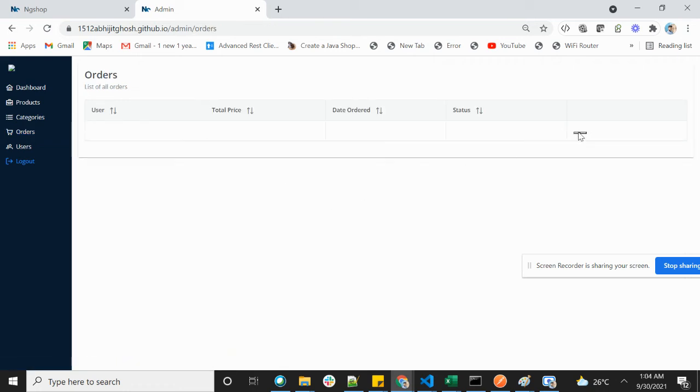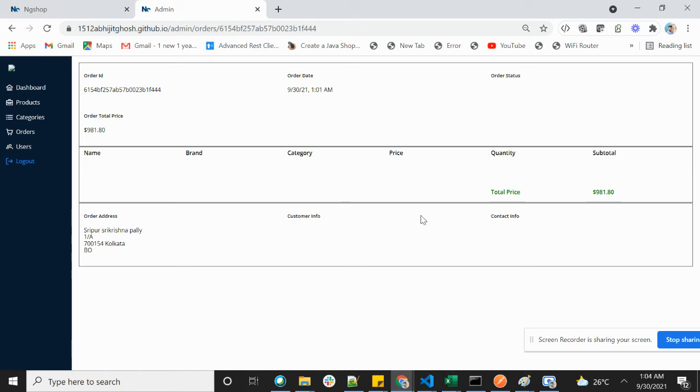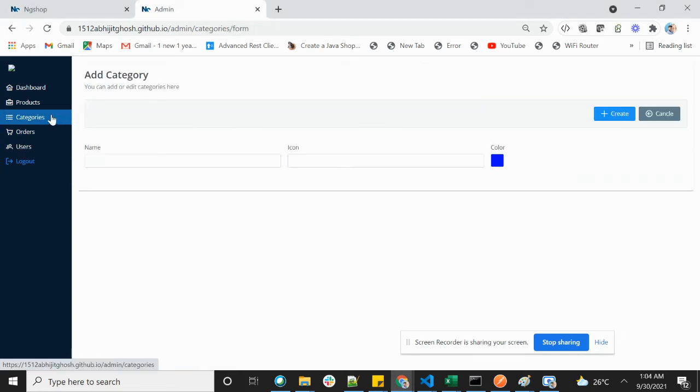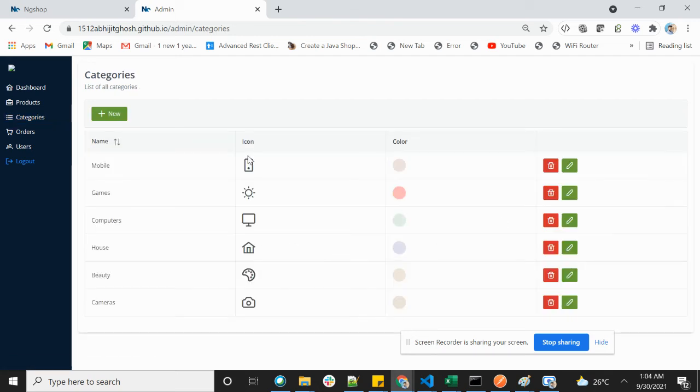If you click here, orders. Okay, this part I will show you. This is not working, okay, I will check that. Yeah, okay, it has opened. So you can see here the order details, the order which I have given, that 981 rupees. From which address it has come, customer name and info, all those were blank, so that's why. So this is the order. You can see who has given the order. Here is the category, so which category you want to check.